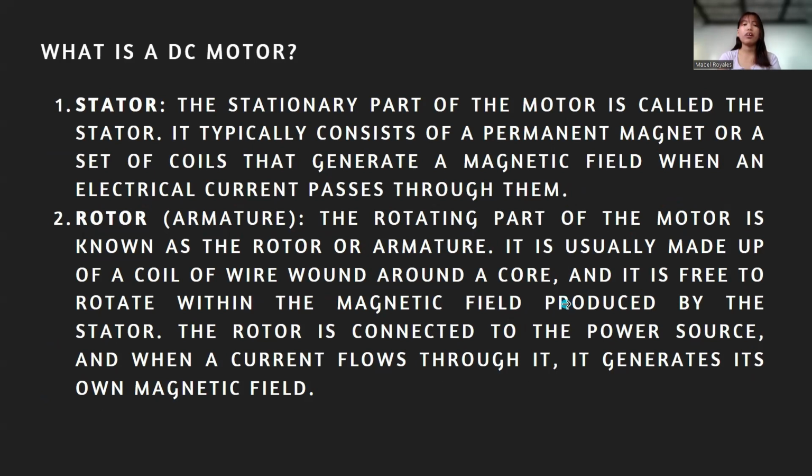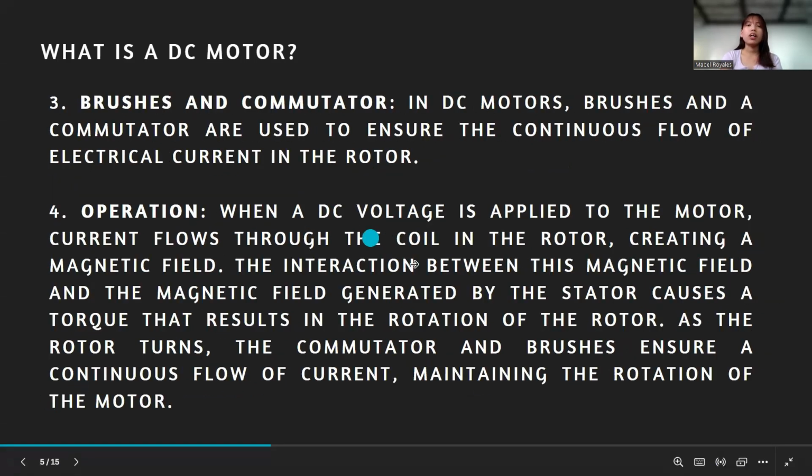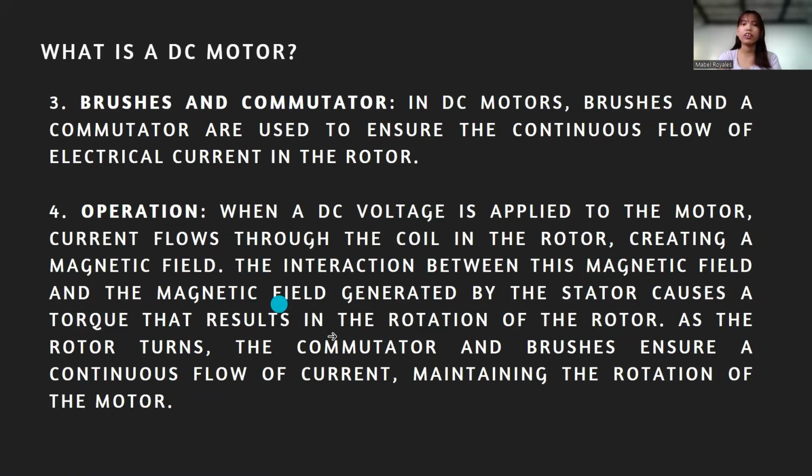It is usually made up of a coil of wire wound around a core, and it is free to rotate within the magnetic field produced by the stator. It is also connected to the power source, and when a current flows through it, it generates its own magnetic field. Brushes and commutator. In DC motors, brushes and commutator are used to ensure the continuous flow of electric current in